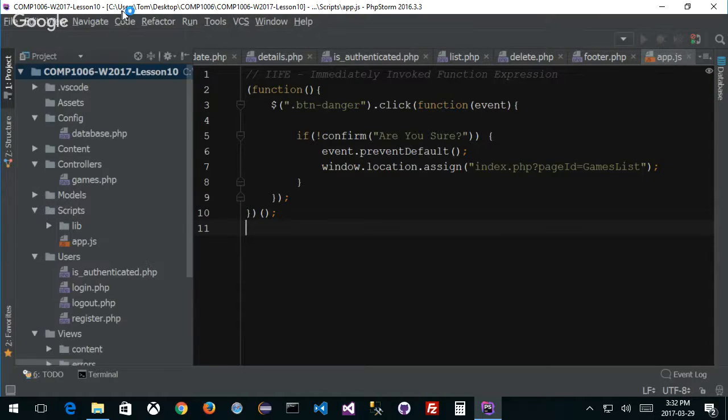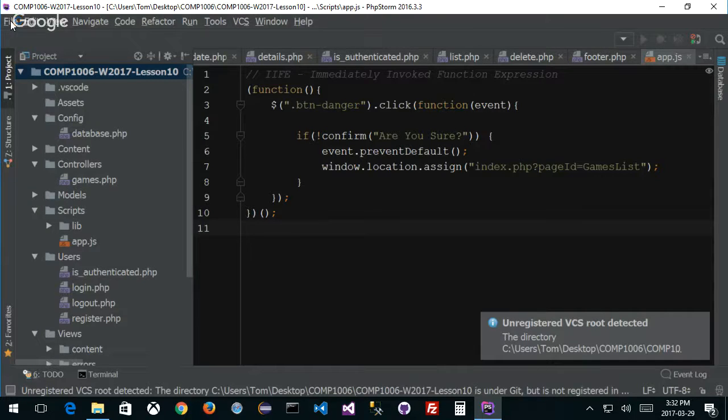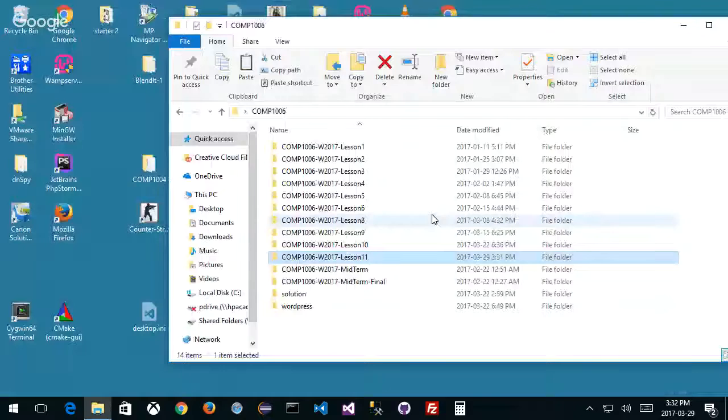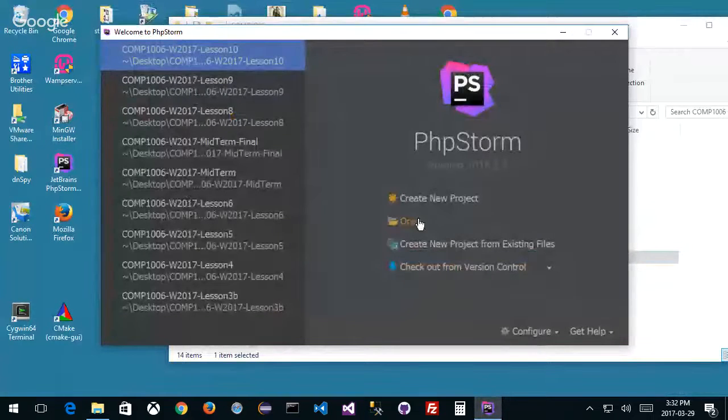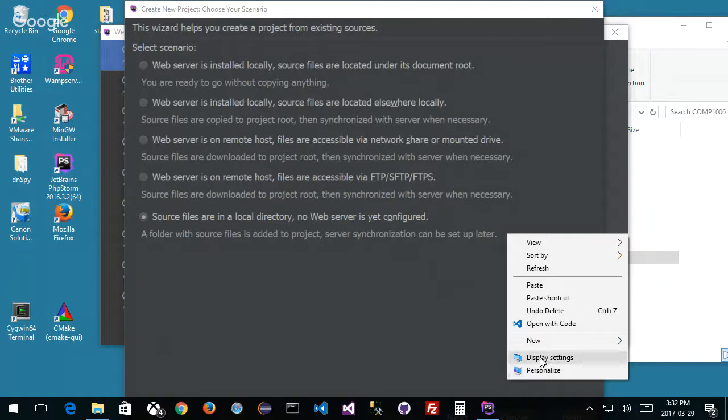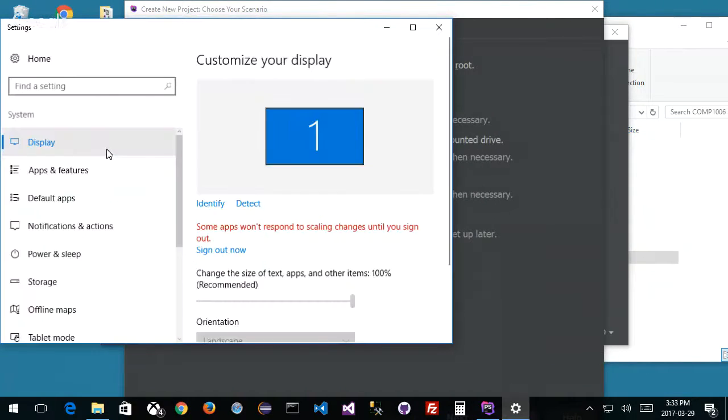All right, we don't want this one. This is lesson 10. What we do want though is, come on, PHP Storm. I should say, come on, computer. Close project. What I do want is to create a project from existing files, which I'm going to point to the bottom one here, source files that are in a local directory where the web server is not yet configured. Notice I cannot click this stuff no matter what I do, so I got to change my resolution, which we do every single time. Display settings to